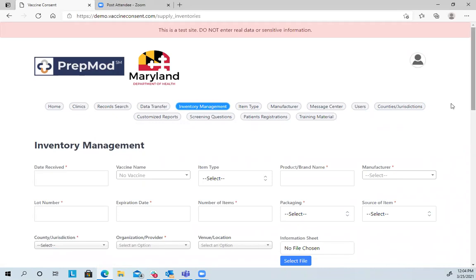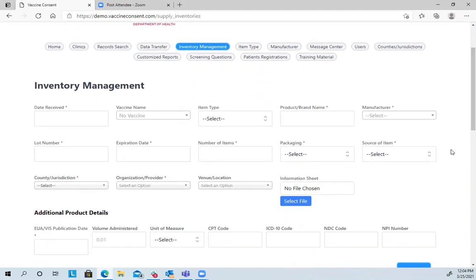This page is really divided into two parts. The top is where we add new inventory, and you do have to be an admin user to do that. So if you are one of our venue admins, local admin, regional, et cetera, you can add inventory to the system. We'll talk you through that. Getting ready for clinic, you need to make sure that your inventory is in the system.